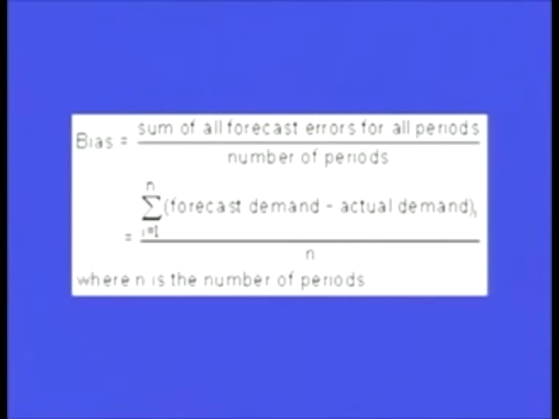One more method of evaluating the performance of the forecasting is the bias. Now bias is the sum of all forecast errors for all periods divided by the number of periods. So in MAD also we were dividing by the number of periods, here also we are dividing by the number of periods. So here we can say the forecast demand minus the actual demand for the period i, where i goes from 1 to n. Now n is the number of periods that we have chosen, divided by n. So basically the formula is the same, but